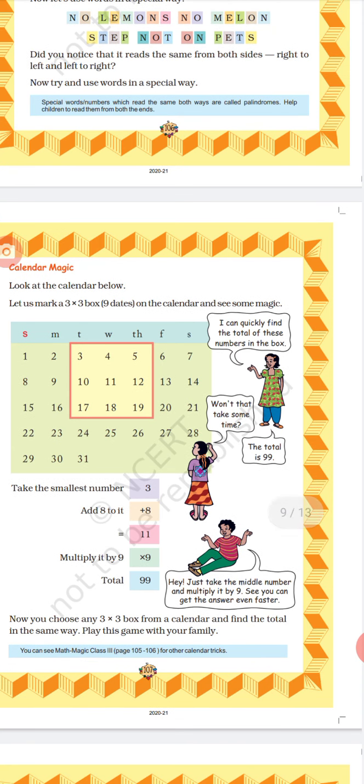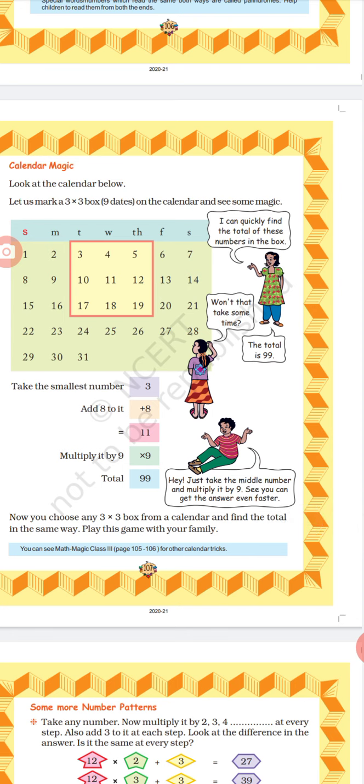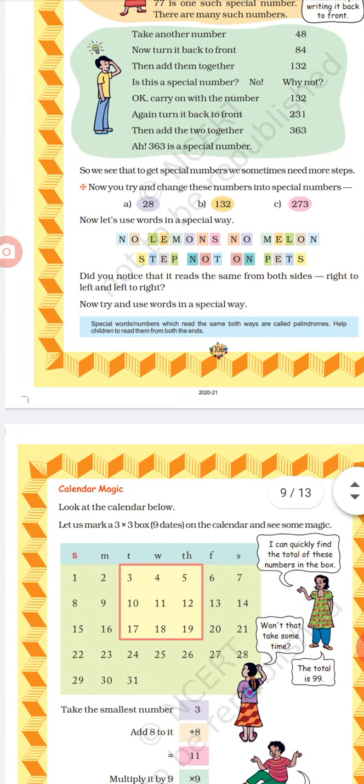So what I will do, I am going to follow one more round: again I will change the place, then it will become 011. Now if I add them, the answer is 121. Now I got the special number. As I go from left to right or right to left, they are the same. Okay, so finally I got the special number. So A, I have done it for you, my dear students. B and C you are going to do on your own.